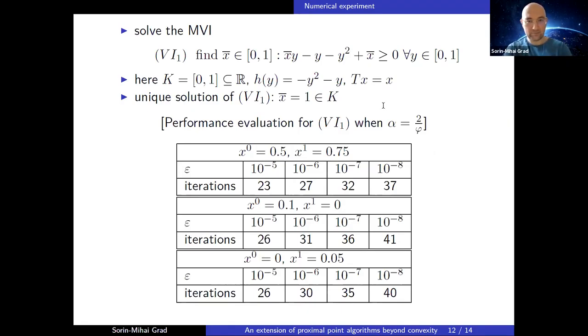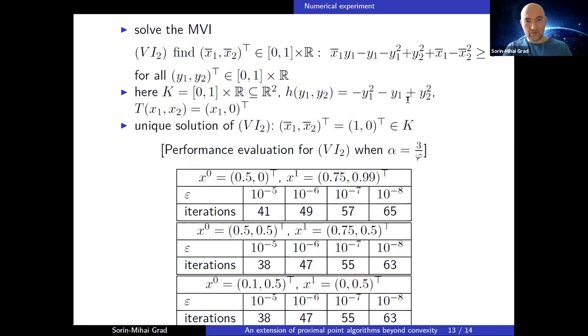So it works, so the theory is also illustrated, or proven right, by this experiment. We also took a more complicated function and operator, so a more complicated mixed variational inequality. The one from here, again, you have a non-convex function involved, h, which is prox-convex, and an operator which is quite nice, but again you have the conflict because in the first variable the operator goes upwards and the function goes downwards.